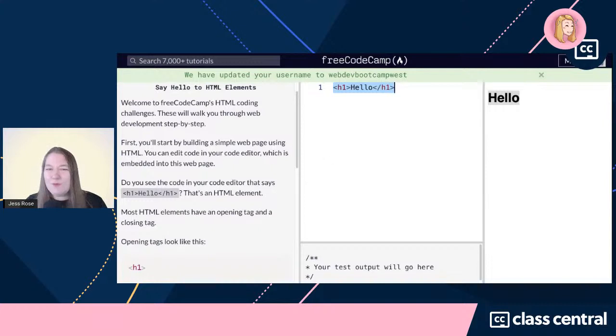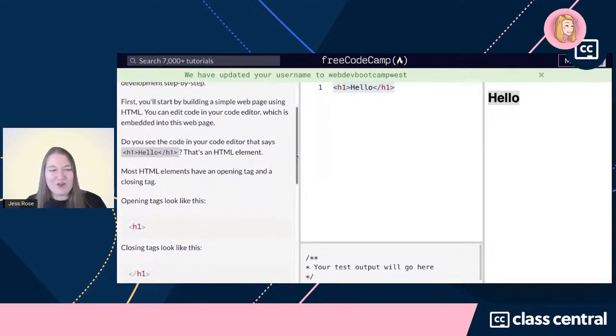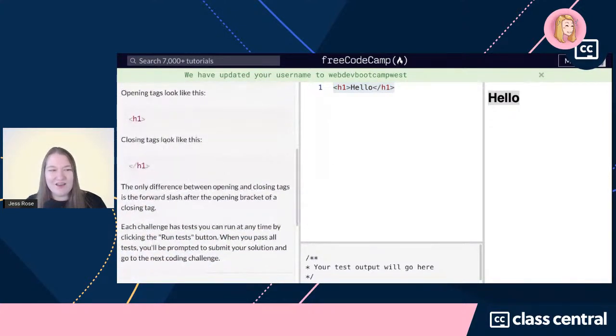So, almost all HTML elements have an opening tag and a closing tag. Opening tags have both little Pac-Mans, both of the pointy babies. And then in the middle, it'll tell you what the element is called. It'll set what kind of element we're working on. So here we've got,